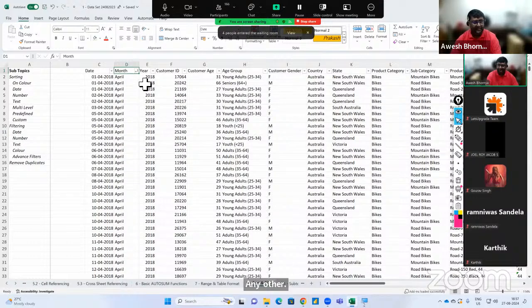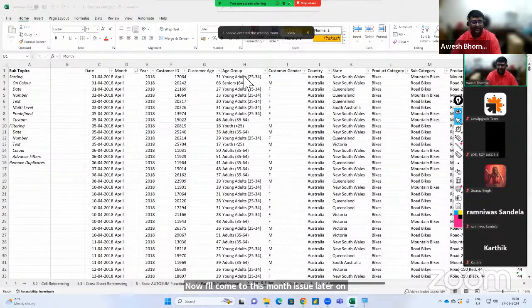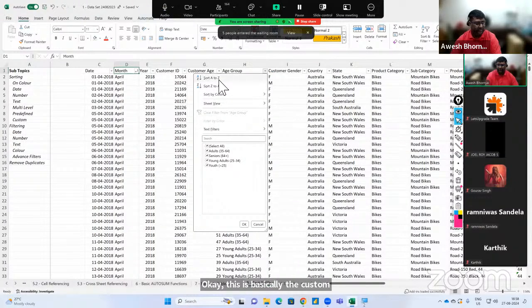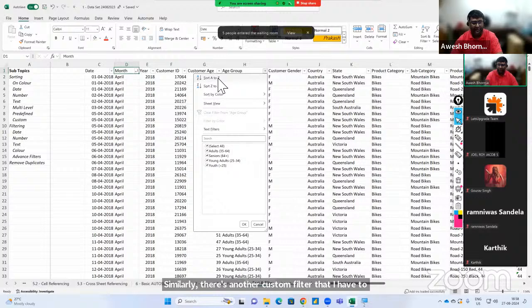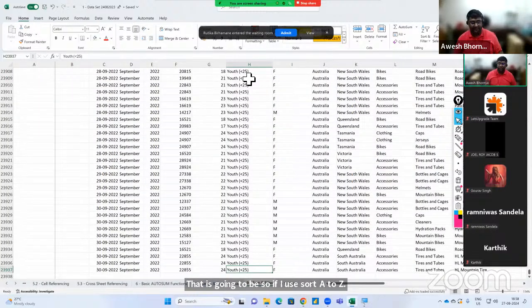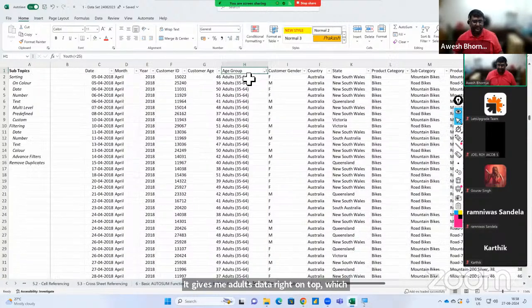Well, next is dealing with the year. Now I'll come to this month issue later on. Okay. This is basically the custom filter that I need to apply. Similarly, there's another custom filter that I have to apply for the age group. So here, if I use sort A to Z, it gives me adults data right on top, which is 35 to 64, and youth data right at the bottom, which is less than 25, which is not correct